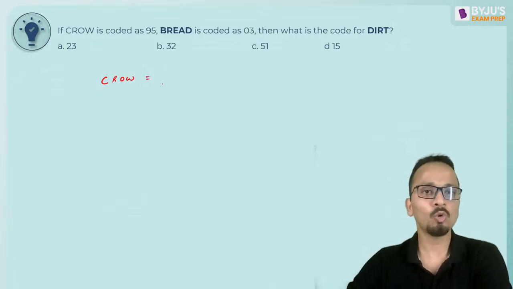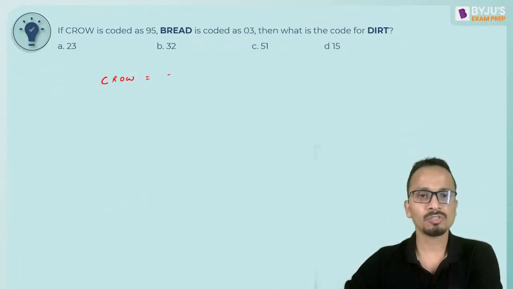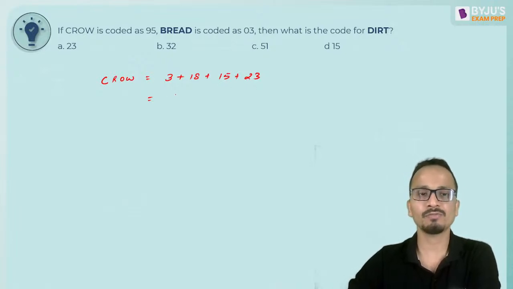Now CROW, I'll write the number equivalents of all these alphabets. So C is 3, R is 18, O is 15 and W is 23. I'll add all of them. Now the sum in this case is 21 plus 15 is 36 and 23 is 59. The sum is 59 for crow. For the next one,